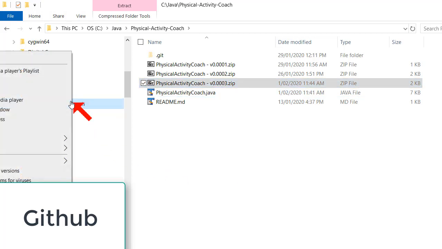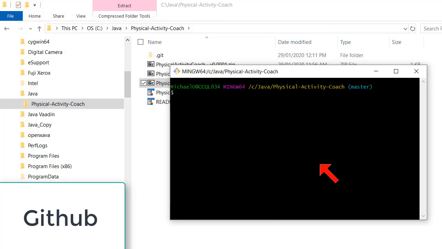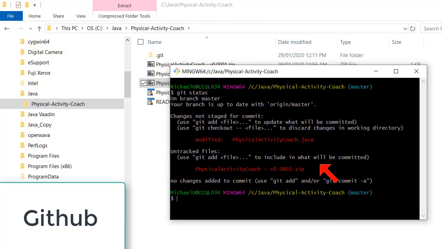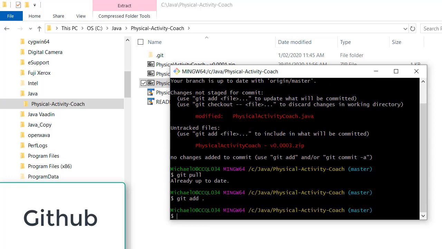I'll open the GitHub here, start git bash here, and we'll do our git status, and so the only changes are on our local machine. We can do a git pull just to make sure, if you want. Just make sure no one else has changed our code. Okay, so everything's already up to date. We'll do a git add dot to add everything. A git commit -m,